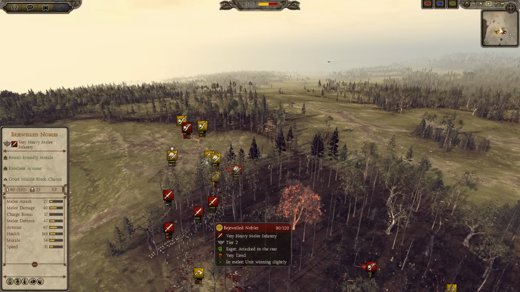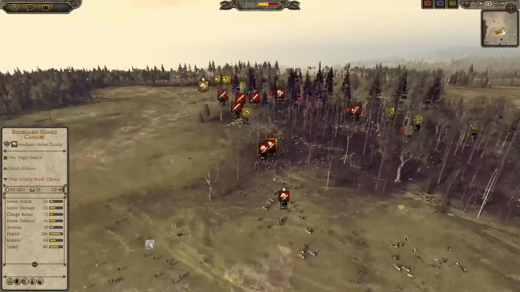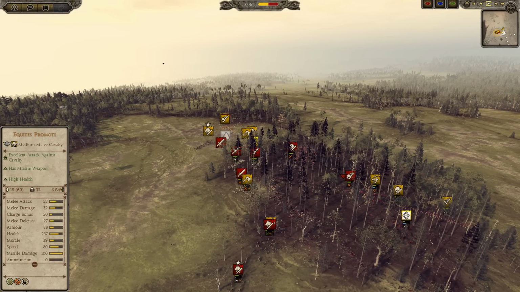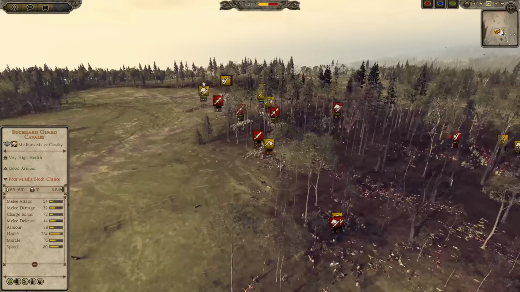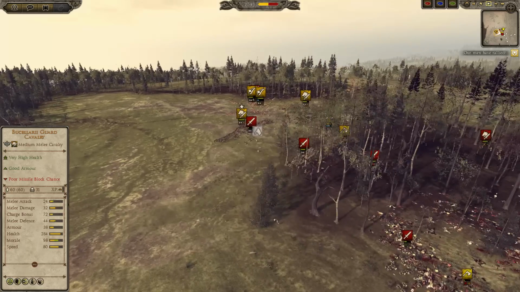Full strength Bejeweled Nobles, 90 Bejeweled Nobles, 56 Germanic Swordsmen, 25, okay. Against 28 Bucellari, 95 Scutatoi. It's going to be tough. It's definitely going to be tough for Houseplant because I think he just got rear charged by Noble Germanic Horsemen